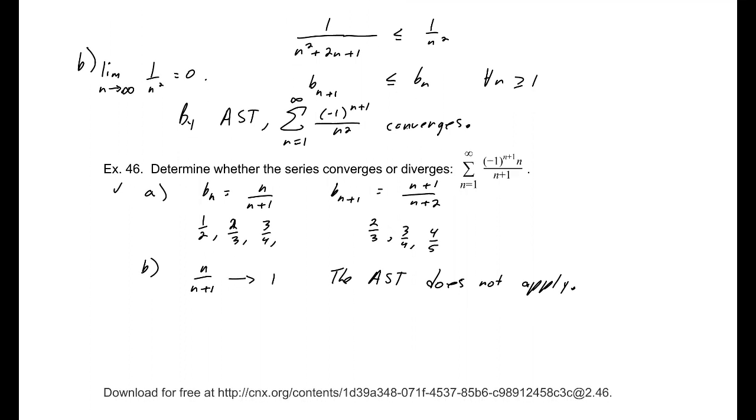The AST, alternating series test, does not apply, so it is inconclusive. That does not tell us whether this converges or diverges. So let's attempt another test. We could go with one of the limit comparison tests. I don't think this is going to be comparable to a p-series or geometric. However, the divergence test